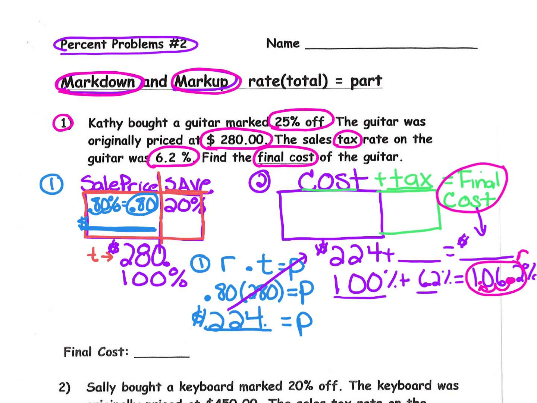So write the formula again. R times T equals P. 1.062 times your total $224. Pick up that calculator and punch it in. 1.062 times 224. You should get